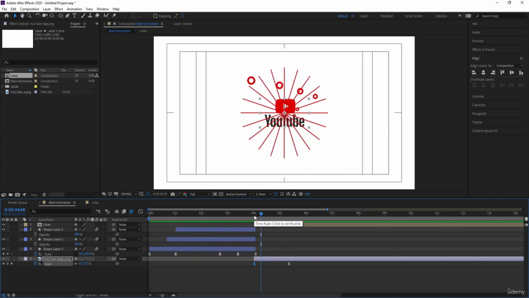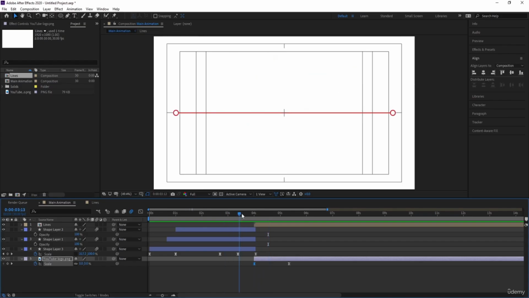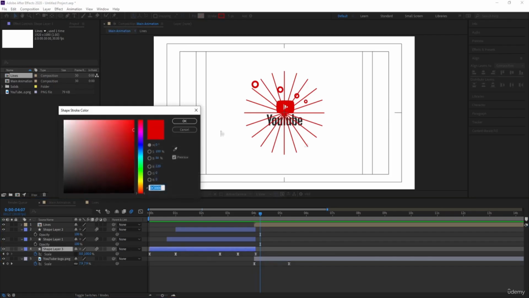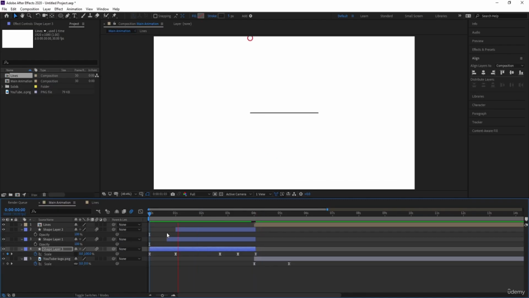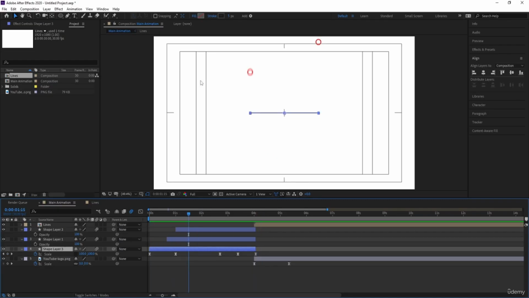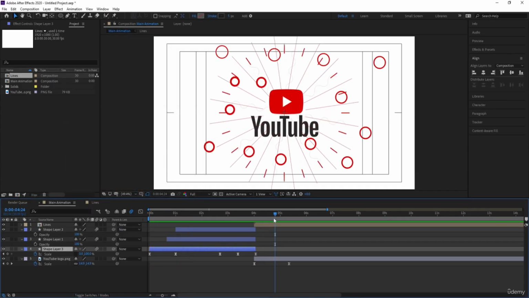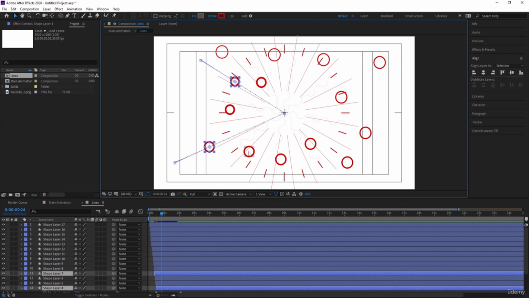Now over here, one thing you can do, if you see this logo, it's a combination of red and black. So what you can do, instead of a red line, I'm going to select this line color and pick up this color of the logo, so it will look like this. Okay, similarly I'll select this and I'll copy this color code, which is quite a grayish color. I'll go inside this. I'll also, by holding shift, pick up